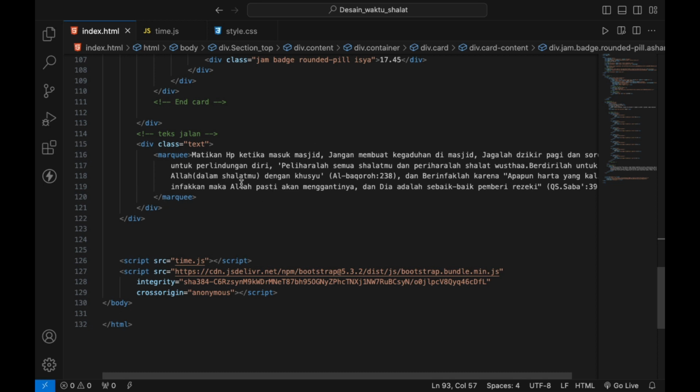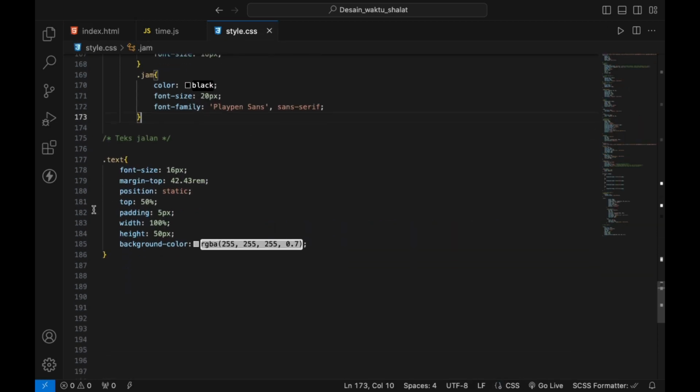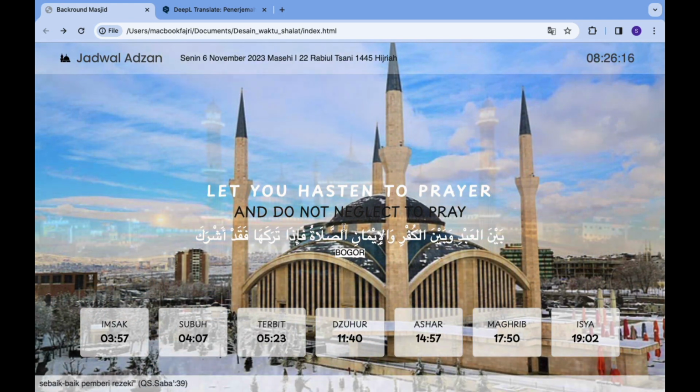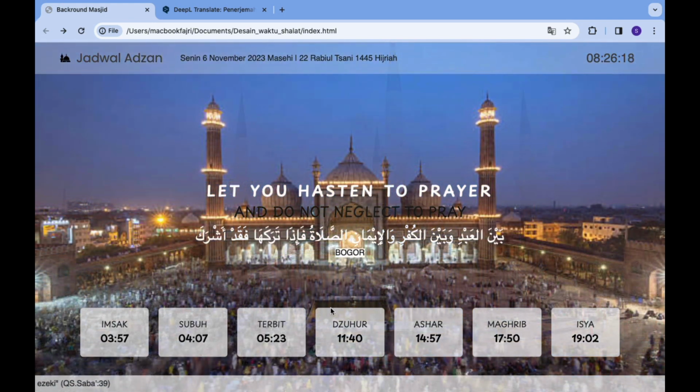After that I style it here in CSS. This is the text, font size 16px, margin top this, position static, top 50%, padding 5px, width 100%, height 50px, background color like this, and then the result for the running text is like this.